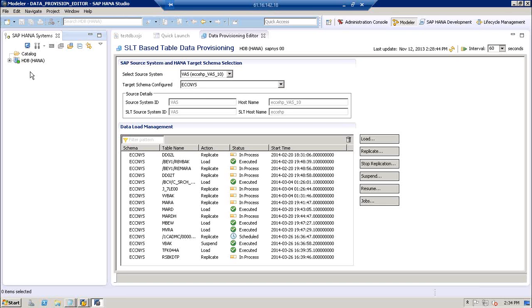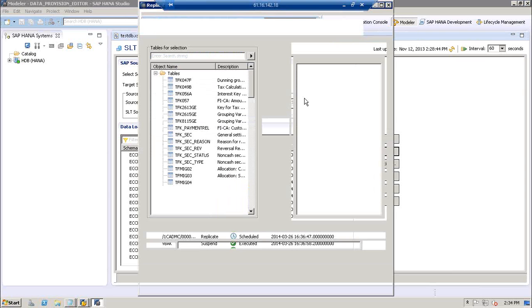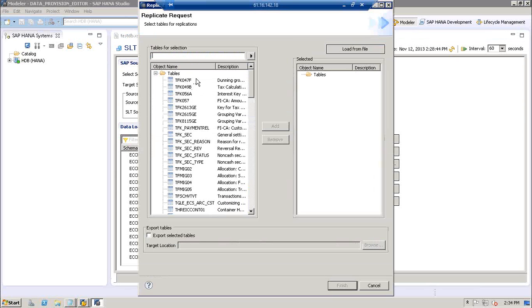So how does the default structure and table and everything get created? Whatever ECC structure is there, the same thing will get replicated here in HANA. Why? I will show you. I understand your curiosity, what you want to ask. Let me show you. This is a replicate button. If I click on replicate, right now it will not work because the DB connection is not set up.